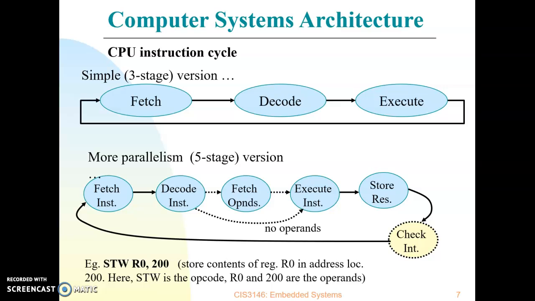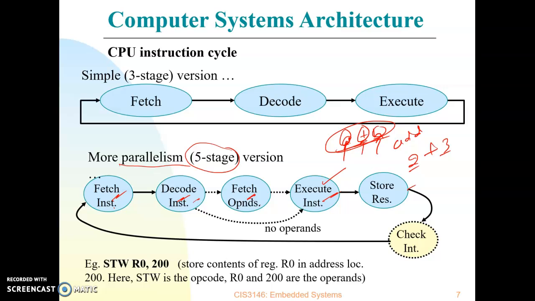There is one more model given for parallel systems, and it is called the 5-stage version: fetching the instruction, then decoding the instruction, fetching the operand, like A plus B we want to perform. Here A and B are my operands and this is my operation, and then execute the instruction. Fetch instruction, this is my instruction, decode the instruction, we want to perform addition, fetching the operands, fetch the value of A and value of B, then execute it, that is, suppose A is 2, B is 3, then 2 plus 3, and then store the result in the register, and then repeat this process again and again.